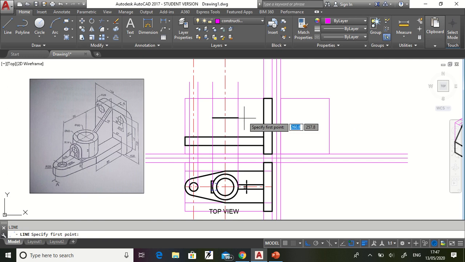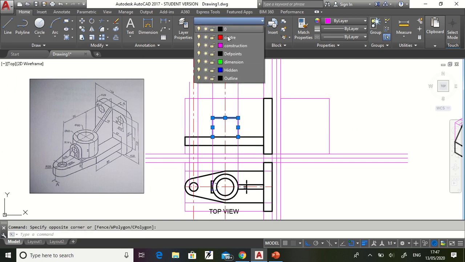In between this we have the line, and this. So these two lines belong to the outline.